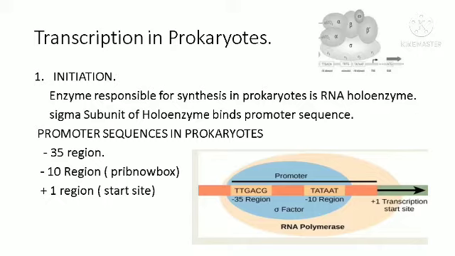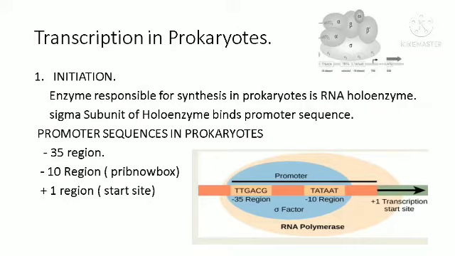The sigma subunit is what will bind to the promoter sequence. As mentioned earlier, the promoter sequence is just a sequence on the template strand where the RNA polymerase will go to attach in order to start the transcription process. So, in prokaryotes, you have this RNA holoenzyme which contains these different parts. The sigma subunit of the RNA holoenzyme binds to the promoter region, and then once it binds,